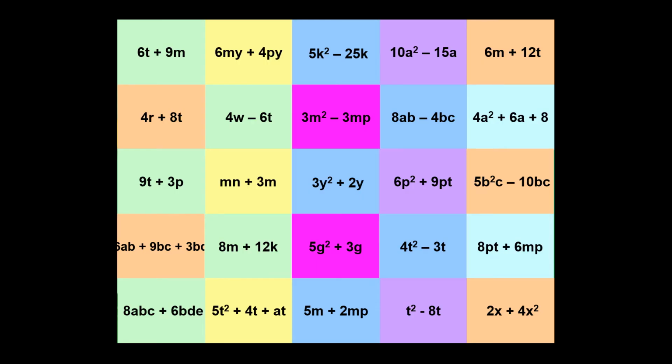Okay, so let's do some practice. So we're going to start off with some relatively simple ones. These are just a case where you normally just have to take out a letter or a number. So I'd like you to do a little 5 by 5 grid and just fill in as many answers as you can in the next, let us say, 10 minutes. When you've done as many as you can, or your 10 minutes are up, unpause and let's have a look at the answers, which I'm going to put up in 3, 2,